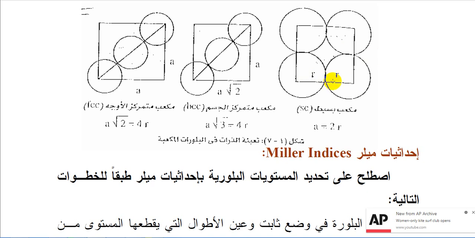As well as the second radius of the adjacent spheroidal atom, meaning the radius of the neighboring spherical atom. Adjacent means neighboring. For the body-centered cubic, the relationship is as follows: a square root of 3 equals 4R. 4R is the maximum value you can get